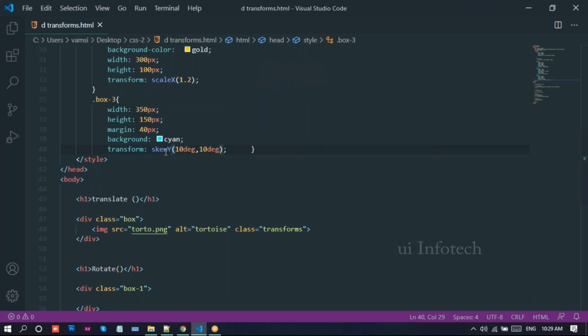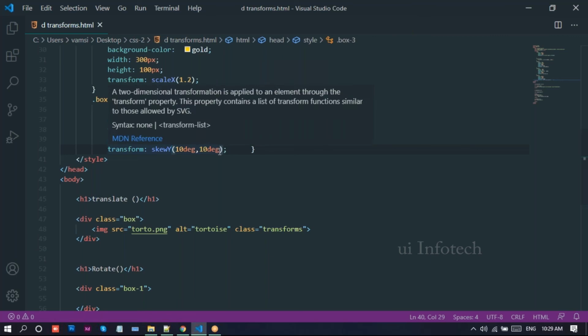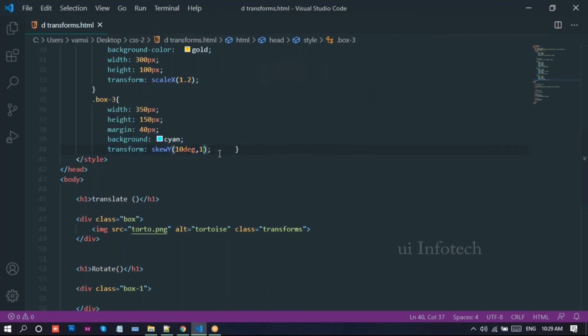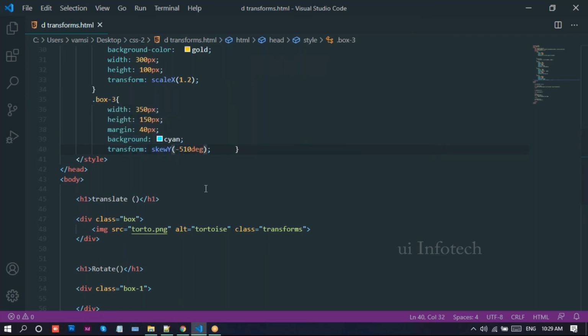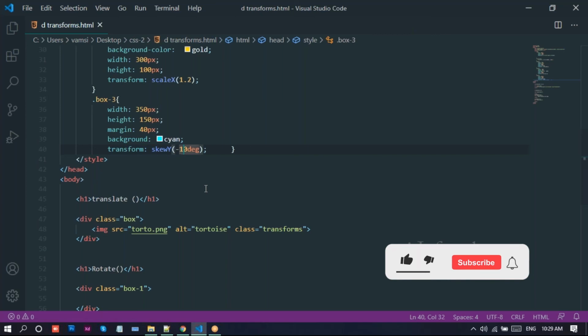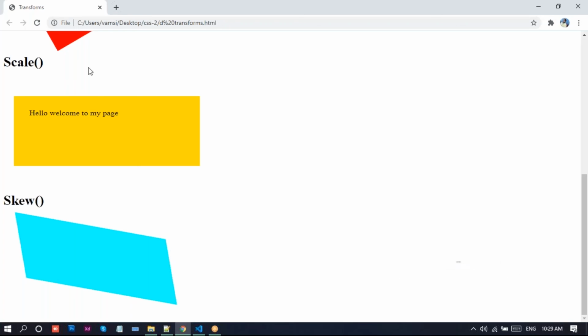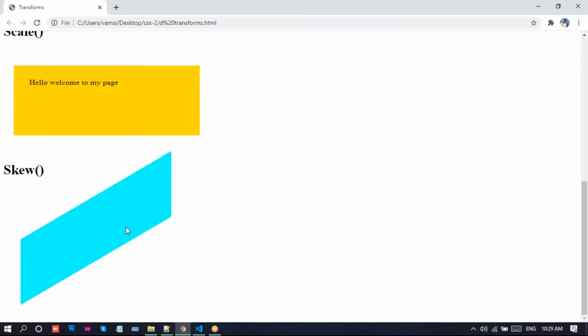If you want, you can also apply negative values. Like if you want, you can apply 30 degrees. Let me go to this browser once, reload this page. Look at this view we have. Like this, we can use the skew property in the CSS.